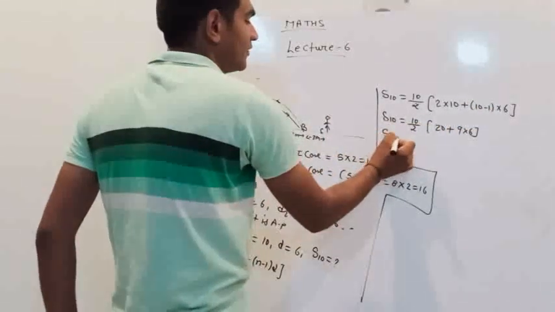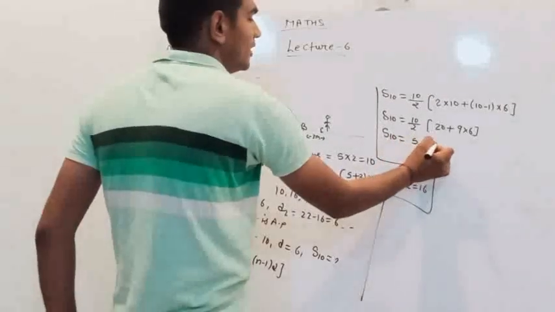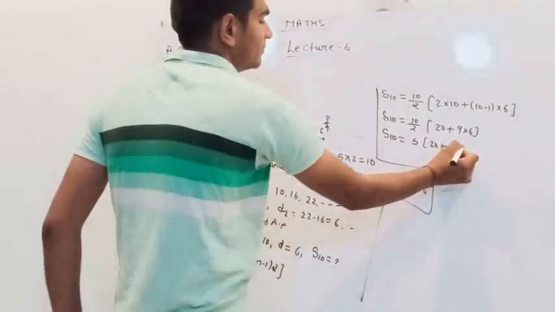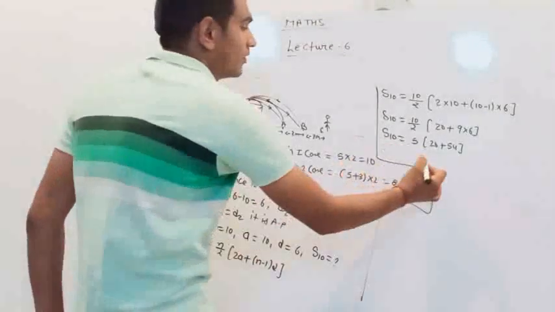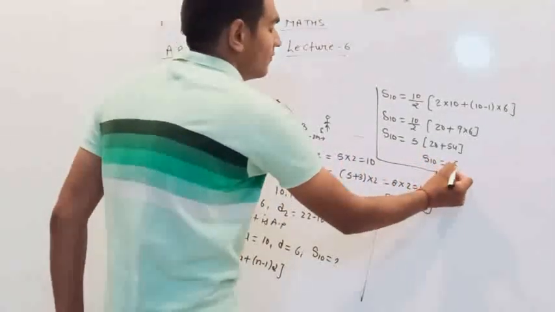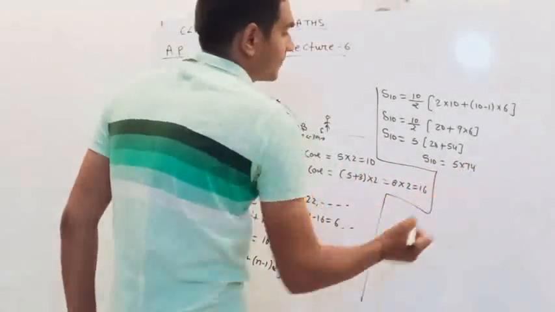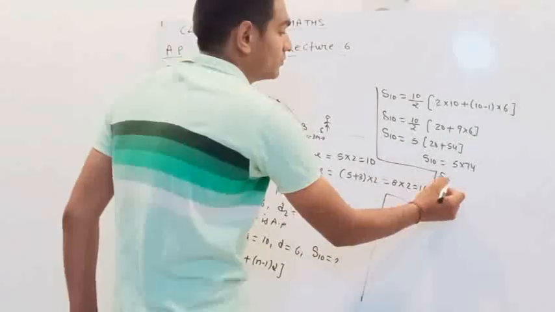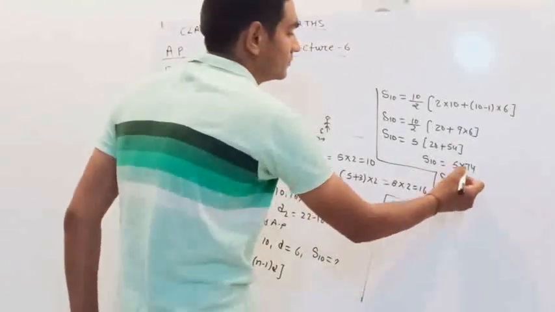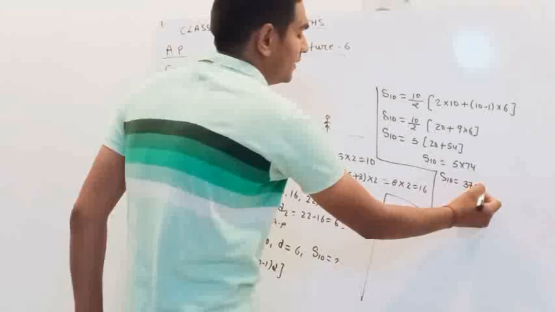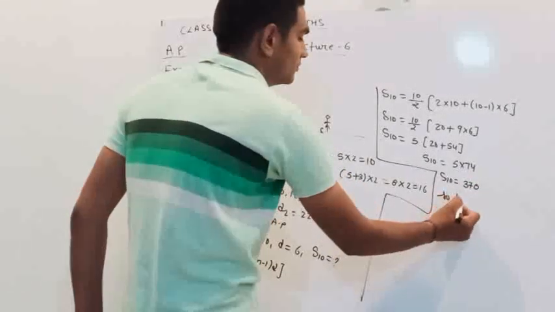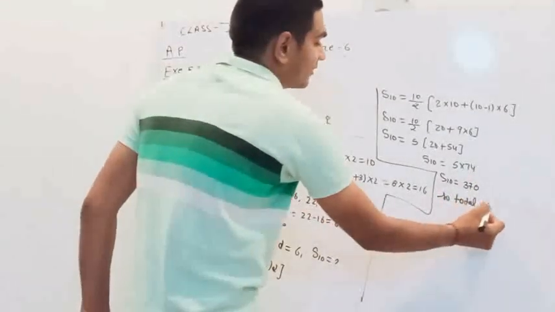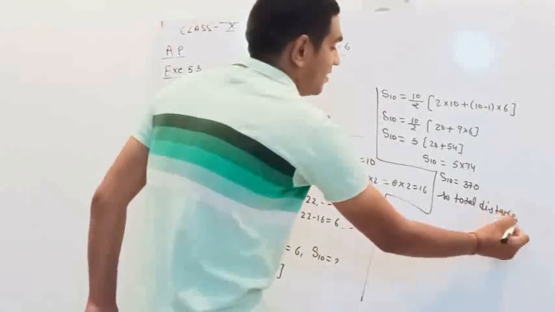So what is the value of S10? 5 into 20 plus 54, that is 5 multiplied by 74, which is 370. So total distance is